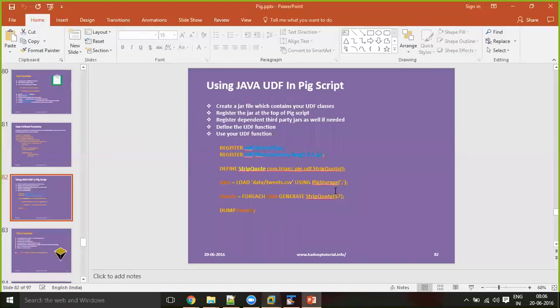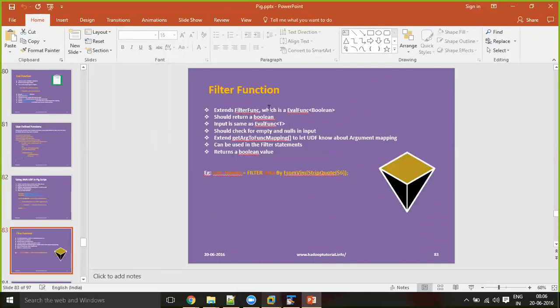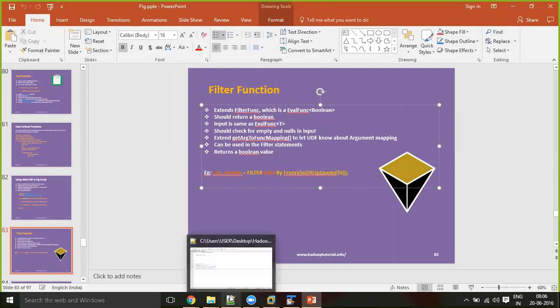And similar to eval functions, we have filter functions as well, which in turn extends an eval function, and your filter functions always return a Boolean value, true or false. They should check for empty or nulls in input. Like you may write one filter function which checks for a particular set of columns and verifies whether they are null or not. So if you want to check for the entire record, if it's a dummy record or not, and if you have columns like